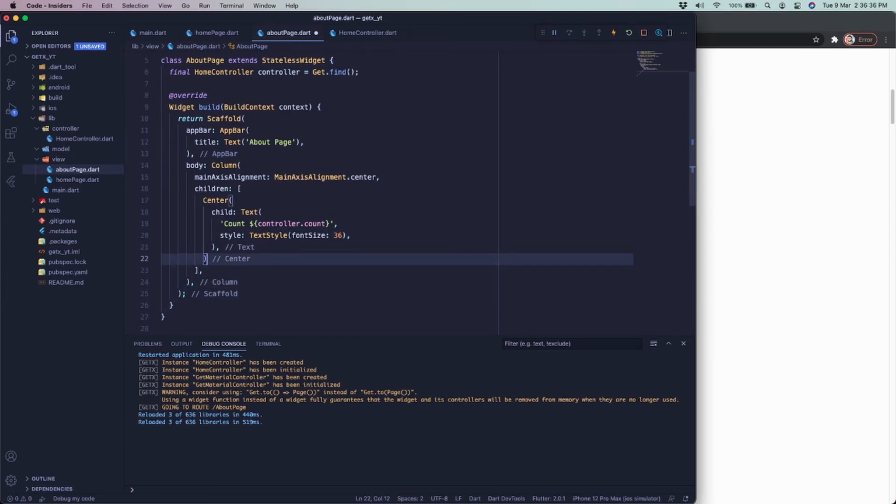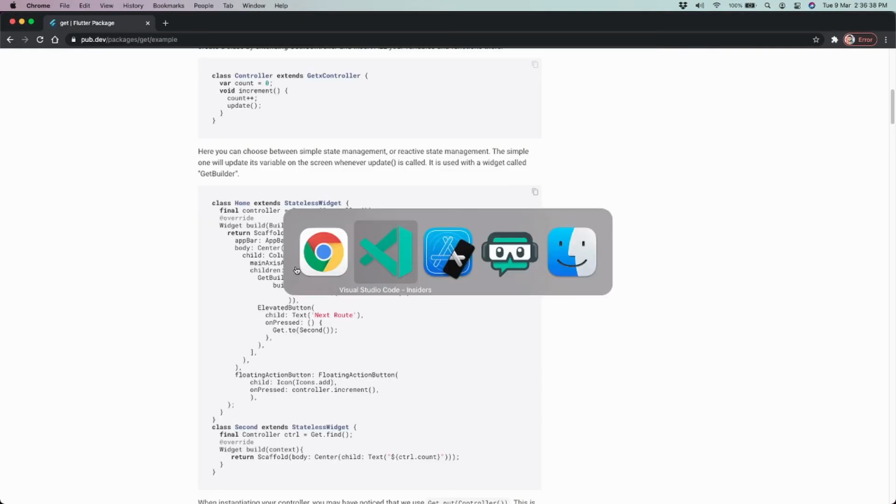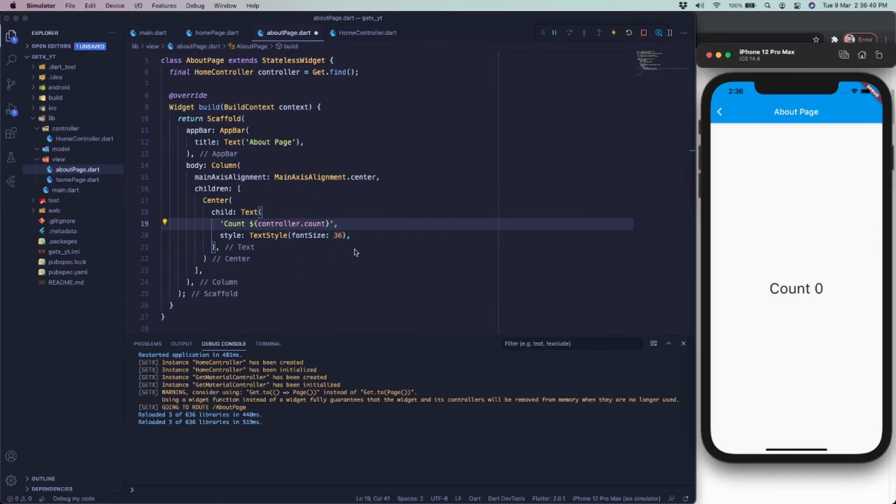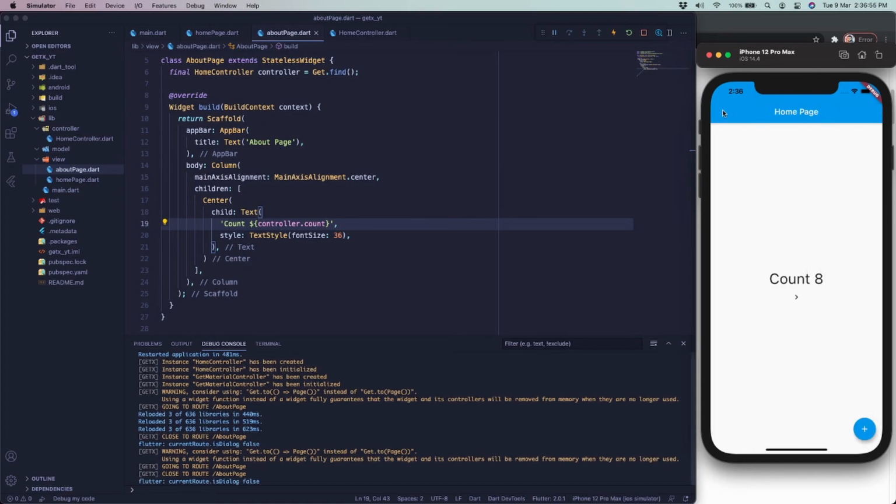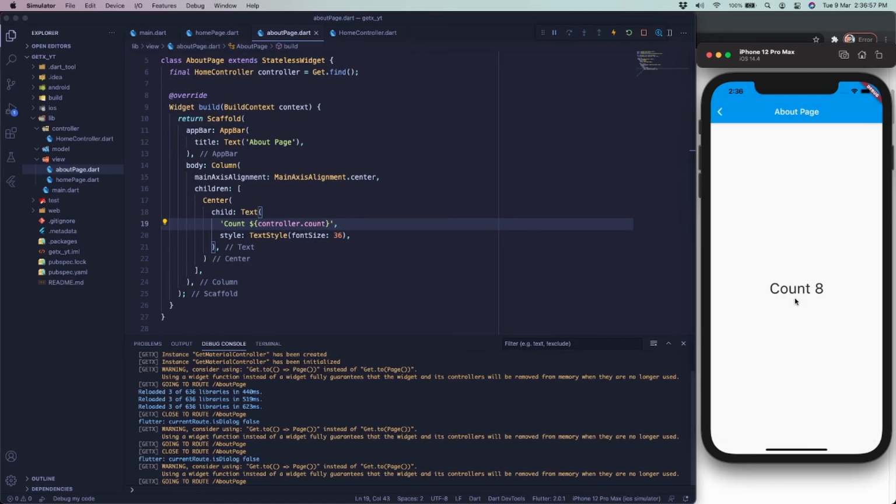And currently we are not updating anything. Just save this value. If you see, the previous page has count 5. If I put 8 and navigate, it is also having the count 8, correct? What if we create one counter plus over here? So let's quickly create